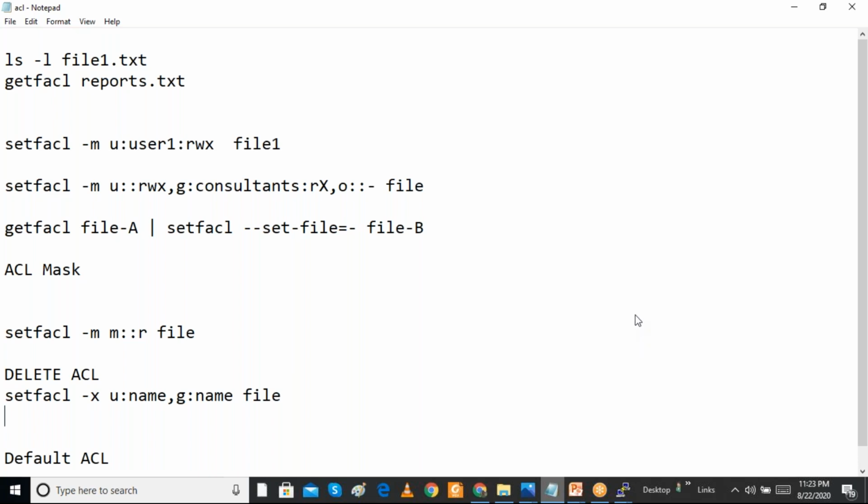So that is the way we are giving ACL permissions, additional permissions for users and groups. In Windows we can give permission for different users, for example default folder permissions and all, for multiple users. So here also, besides the standard permission, we can give additional permission using ACL values.